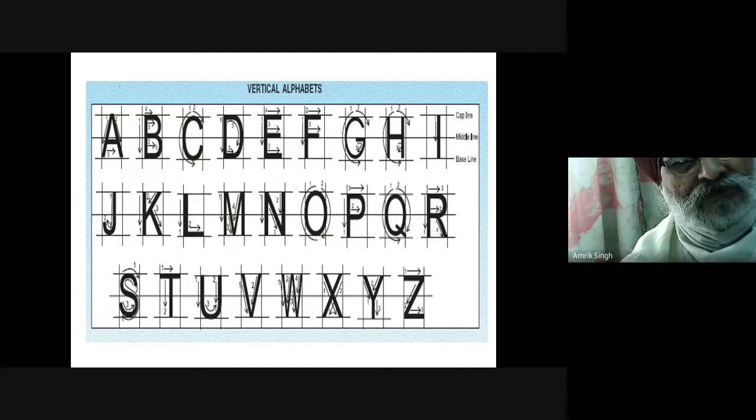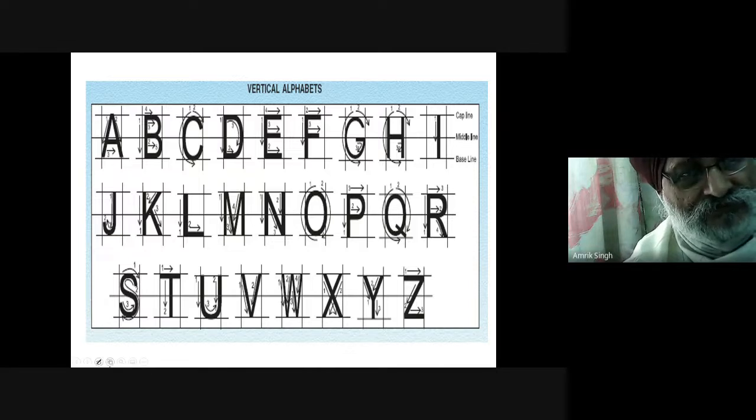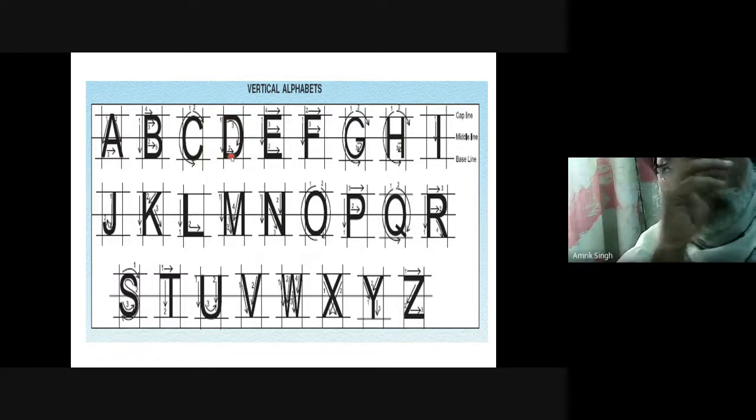So when you get good practice, then you need not draw so many lines. Then you can only draw the 3 lines and you can mark it like this. Okay. You can mark it, you see, 1, 2 and 3. Similarly, 1 for B, okay, then 2, then 3, and then 4, 5. Okay. Similarly, for writing C, so first this, then second. Similarly, for writing D, so I think this will become clear to you.